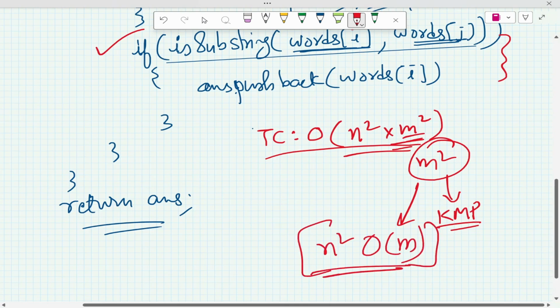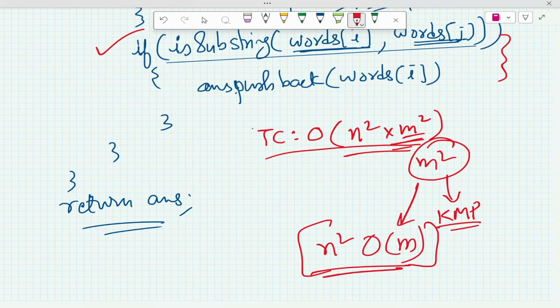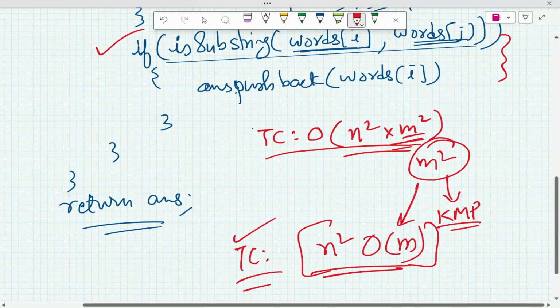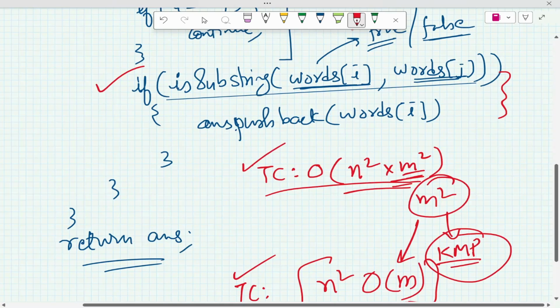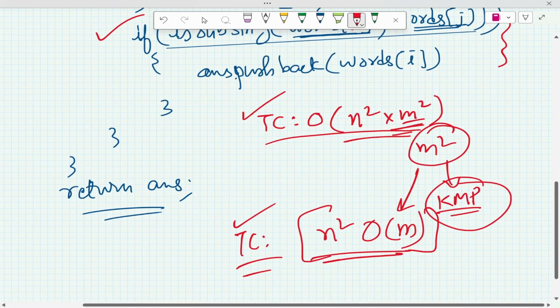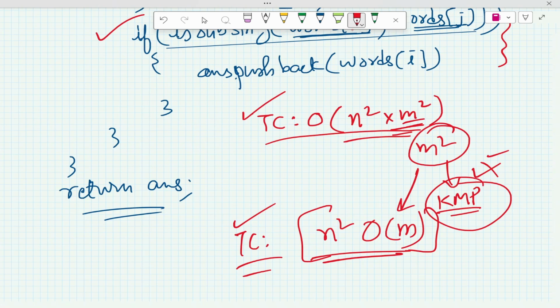If you don't know the KMP algorithm, you can just watch any YouTuber video. I think Striver hasn't uploaded any video on KMP. You can watch any YouTuber and understand it, क्योंकि मुझे लगता है कि अब जो भी लीड कोड के क्वेश्चन आएंगे वो KMP एल्गोरिथम के ऊपर ही आएंगे, क्योंकि ये तो ब्रूट फोर्स है. इसको आप इस तरीके से भी सॉल्व करेंगे देन इट विल बी एक्सेप्टेड. बट आने वाले कुछ क्वेश्चंस होंगे लाइक KMP के ही ऊपर होंगे, बिकॉज ये स्ट्रिंग मैचिंग के लिए यूज़ किया